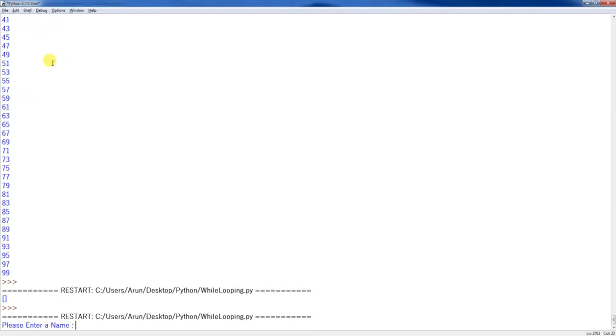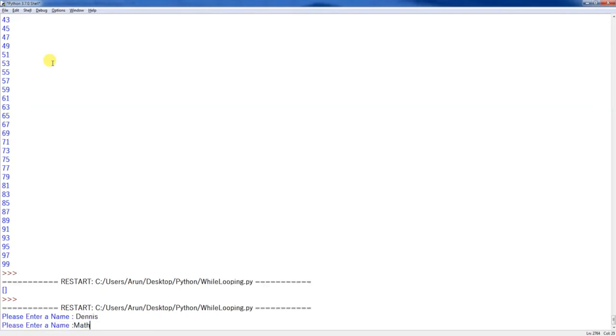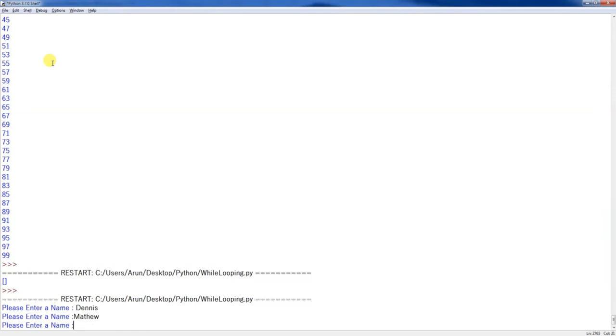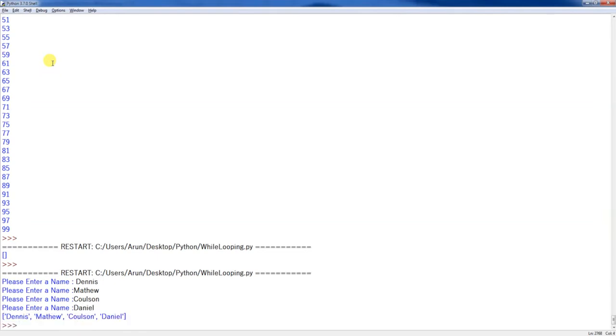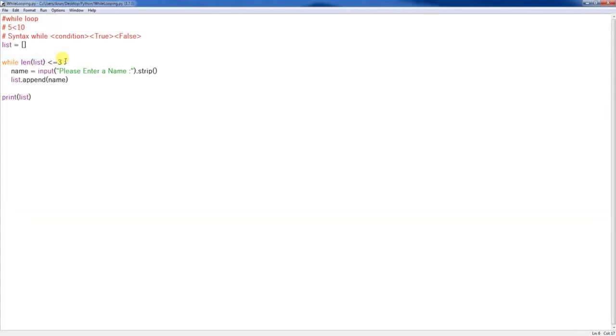Please enter a name. So Dennis and Matthew and Colson and Daniel. See, Dennis, Matthew, Colson and Daniel. Because when I'm saying less than or equal to 3, it starts from 0, 1, 2, 3. That means 4 elements. Okay, so once the loop ended, we need to tell the user,